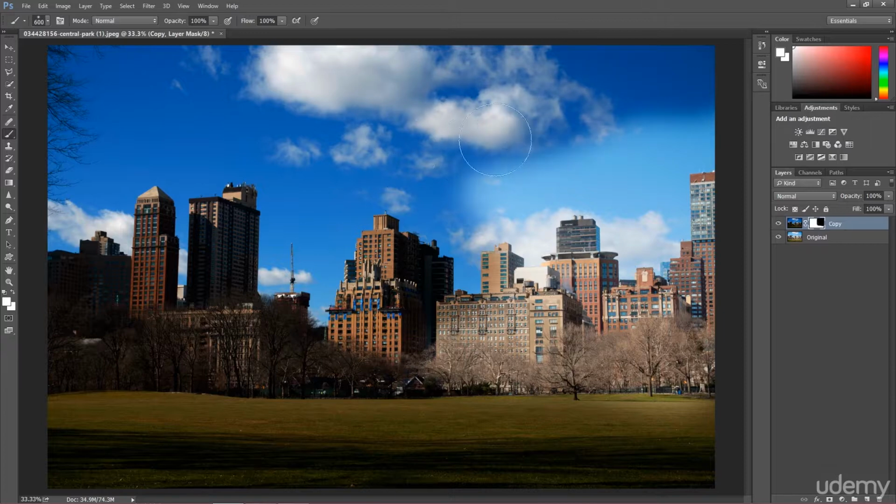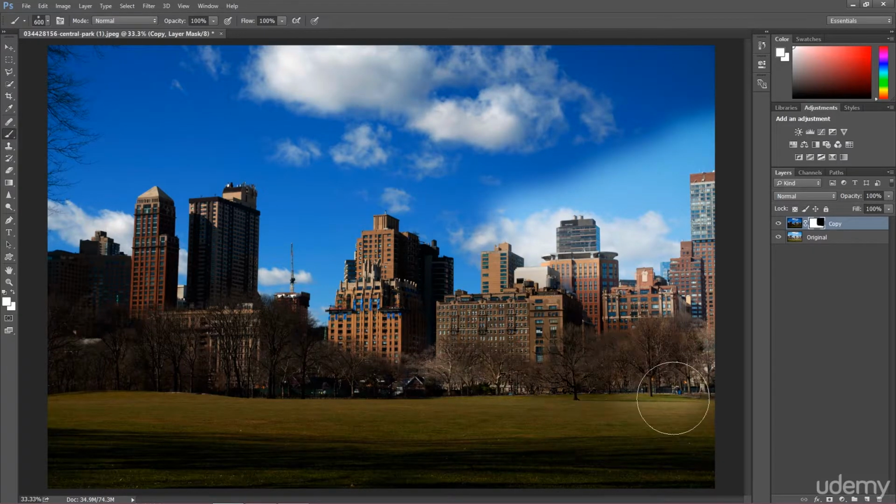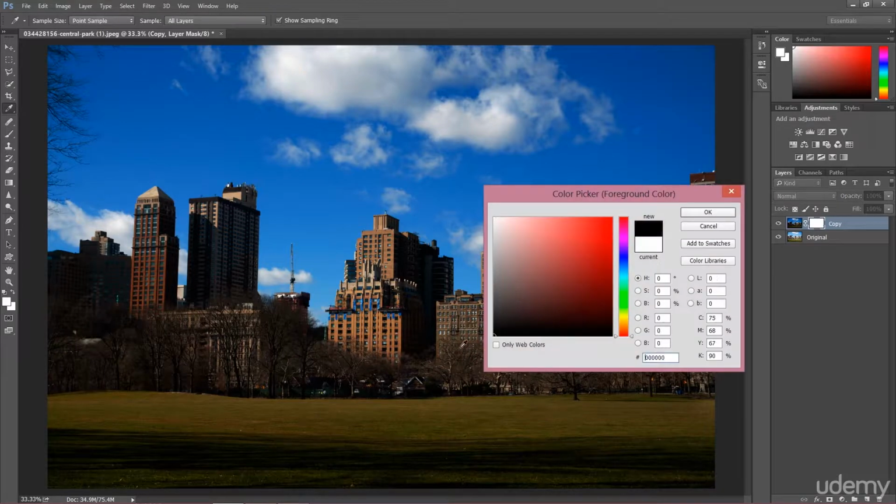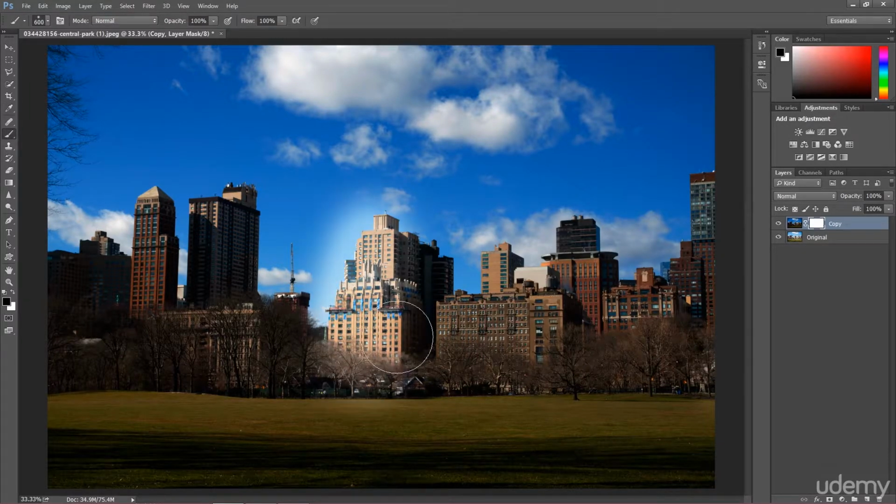I'm just bringing up the real color of this layer, and I can work like this over and over wherever I really want. I can change from white to black and work on this layer mask, as you can see. So that's how you work non-destructively with your layers, by creating layer masks.